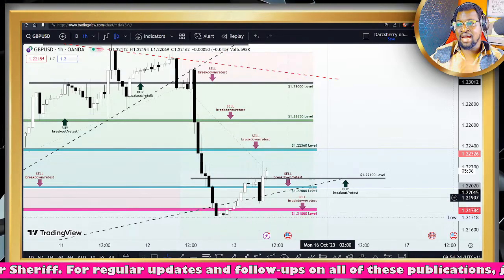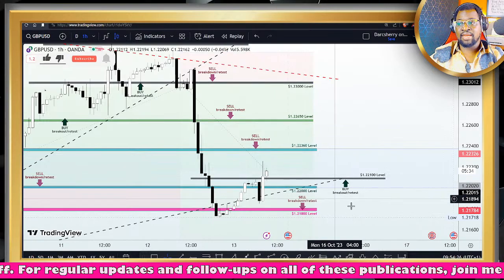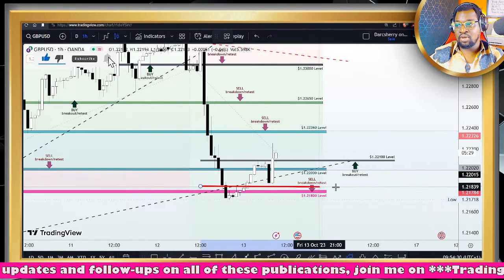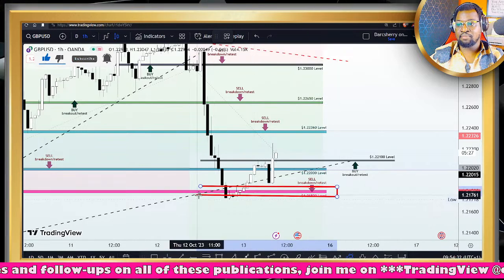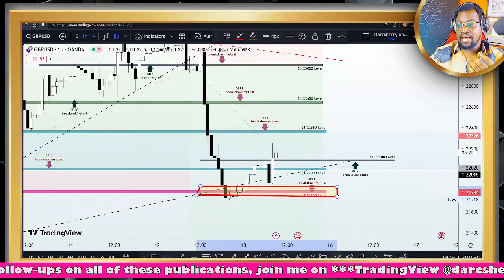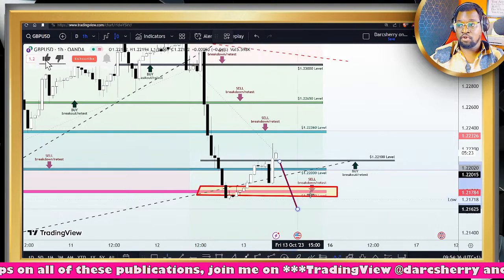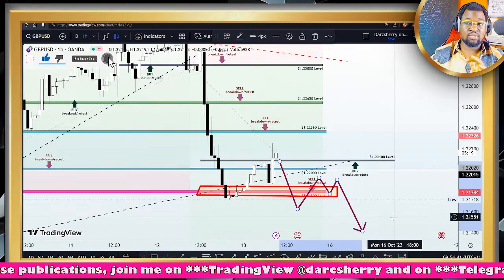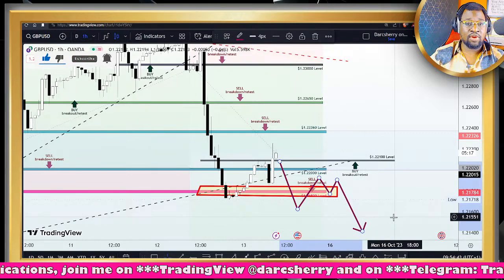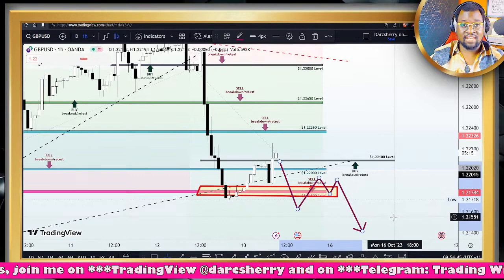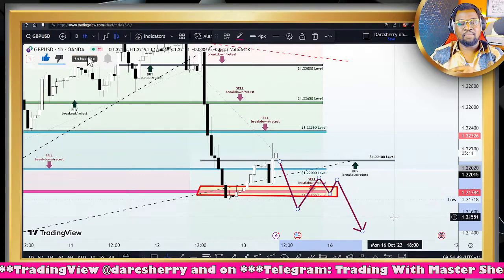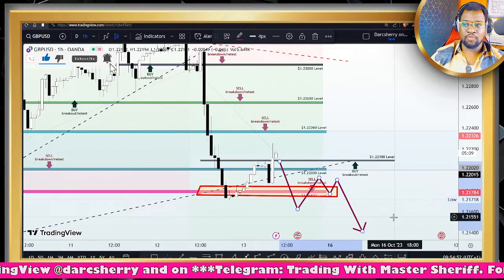Well, personally, I will need price to break down that key level at the 1.21800 area, taking out some buy pressure around that area. Then a retest of structure for confirmation will be beautiful enough to join a decline to the downside. But the way things are going right now, I doubt if that will happen. But if it does happen, we do want to be on standby to capitalize on that move.